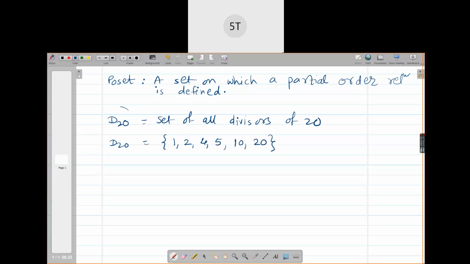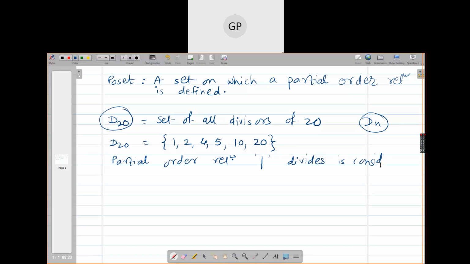So this is the notation, please remember. Dn means divisors of n. And we are sticking to the set of integers. Don't go into reals, please. Okay? Are you getting this? Now see, here what happens if I consider the relation divides. Usually on this set, we consider the partial order relation divides. Partial order relation divides is considered usually on such type of set.